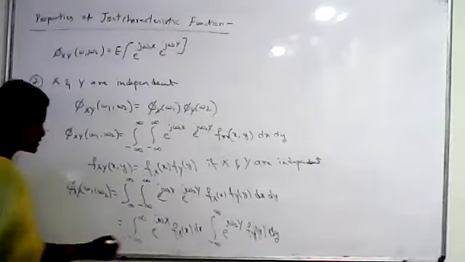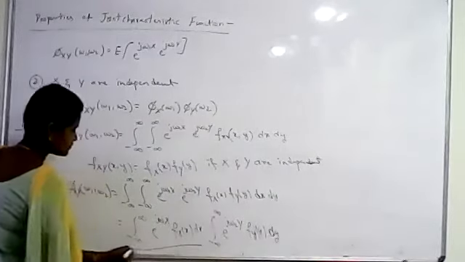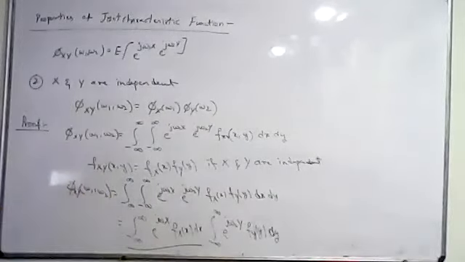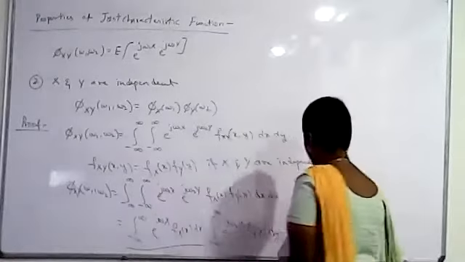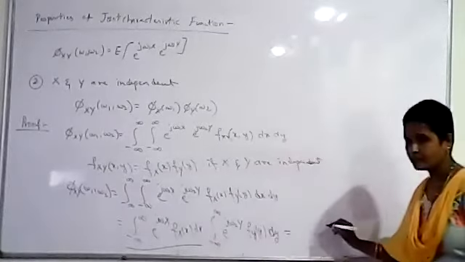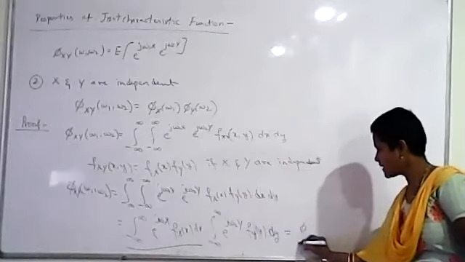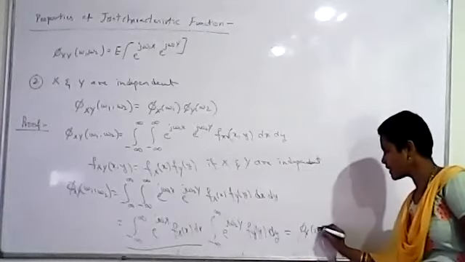Now observe this first integral. If you observe this first integral, it is having the random variable x only. It consists of random variable x only, and it is function of frequency omega 1. So the first integral is nothing but phi x of omega 1,